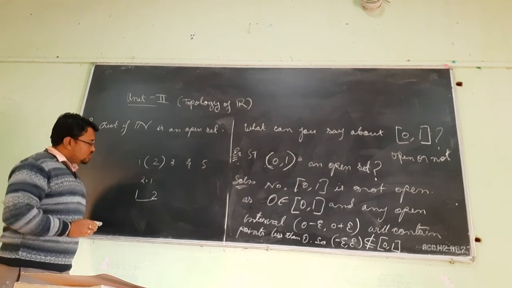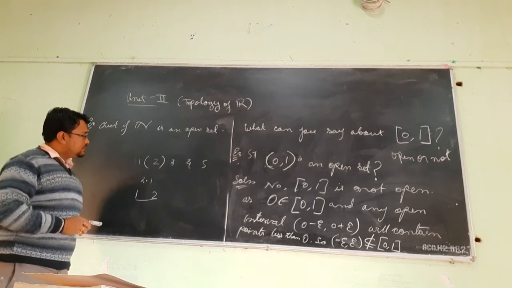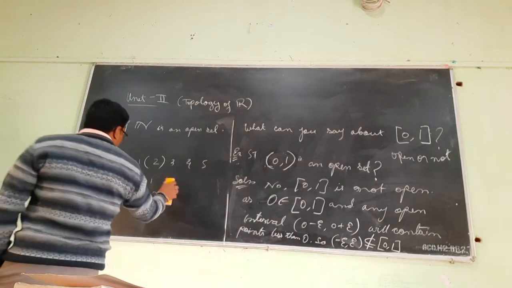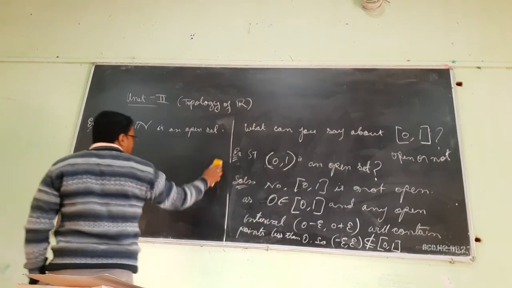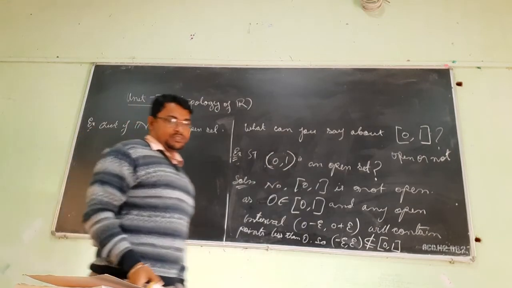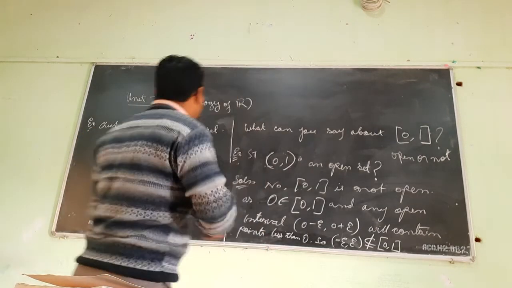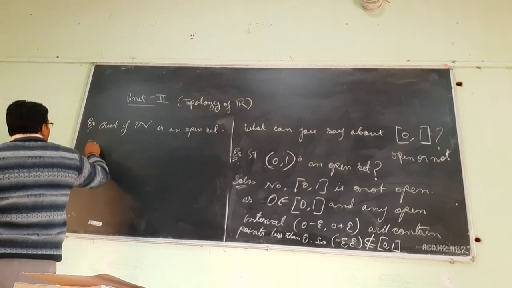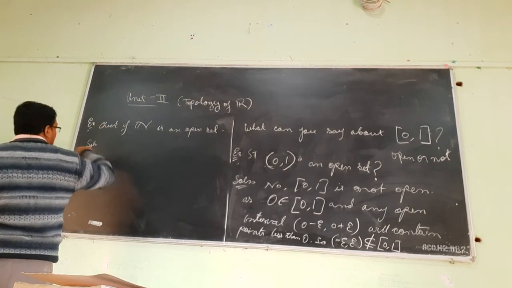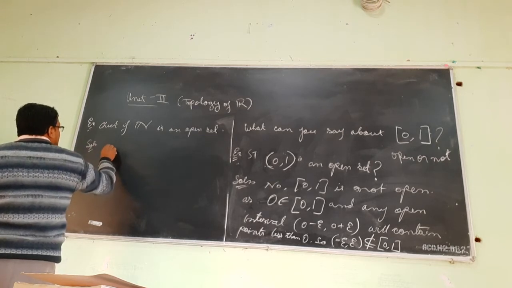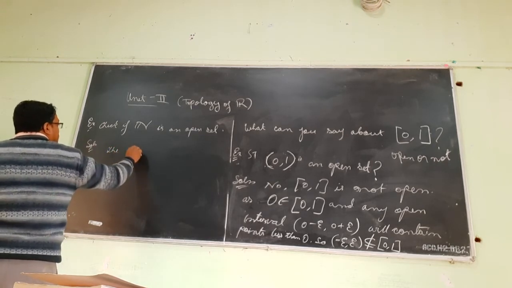Okay, so N cannot be an open set. We will justify this by writing that the set of natural numbers cannot contain any interval, because any interval contains at least one rational point and at least one irrational point. This is actually called the density property of R. So the set of natural numbers